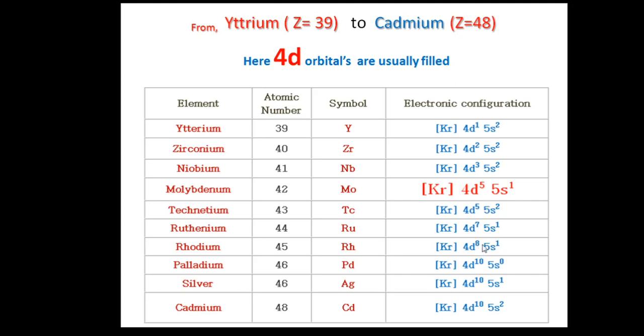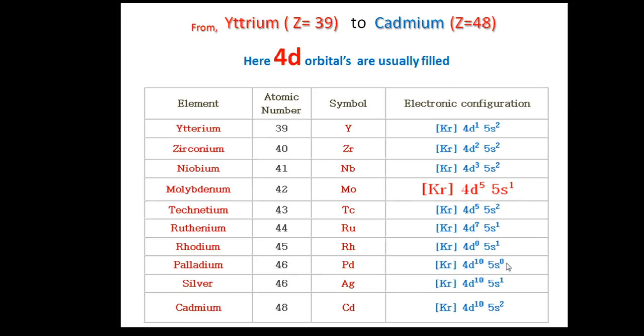After this 4d9, only one single electron is required to fill the d orbitals completely. So in the next case, the electron present in the 5s1 is shared by the d orbitals, and the d orbital becomes 4d10